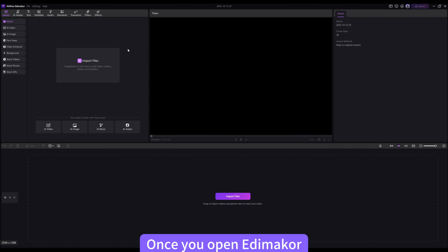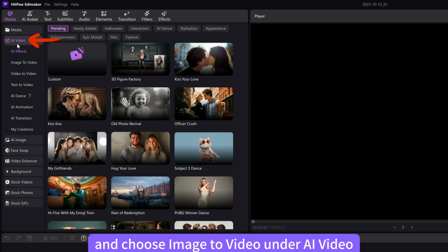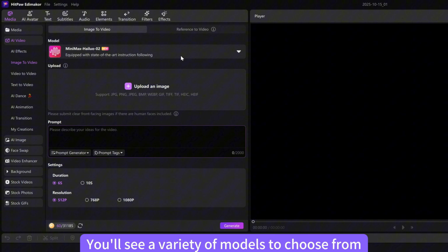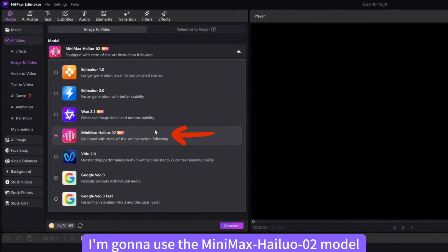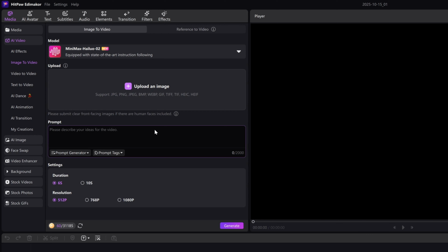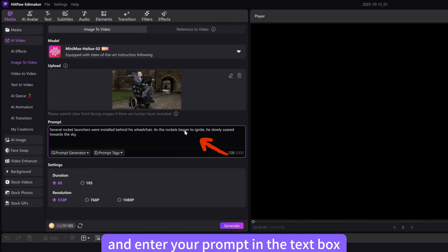Step 2. Image to video. Once you open Edimakor, head over the media section and choose Image to Video under AI Video. You'll see a variety of models to choose from. For this tutorial, I'm going to use the Minimax Hailuo 02 model. It's a solid choice. Now, upload a picture of Stephen Hawking and enter your prompt in the text box, something